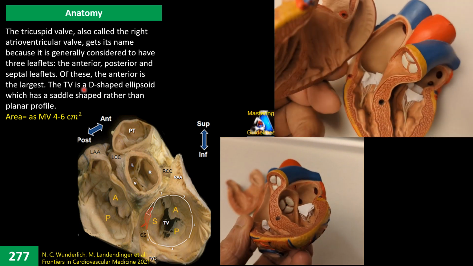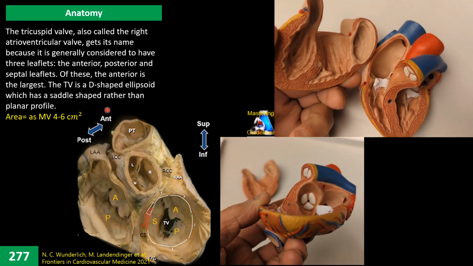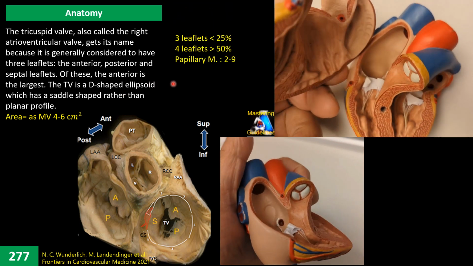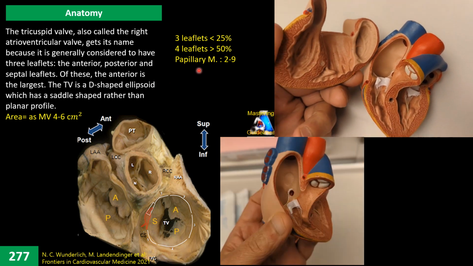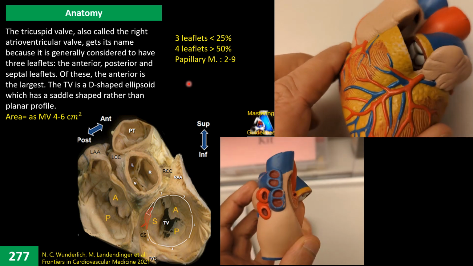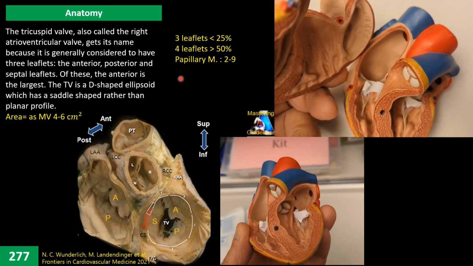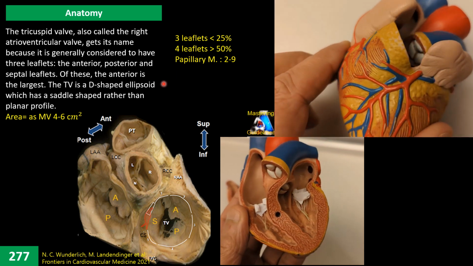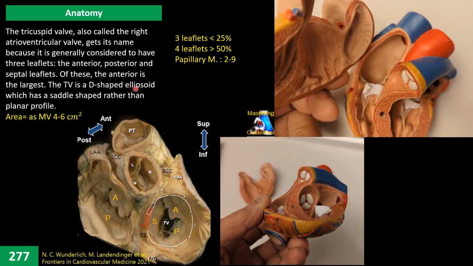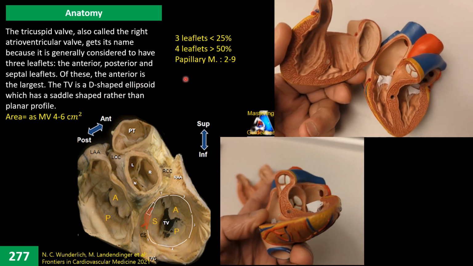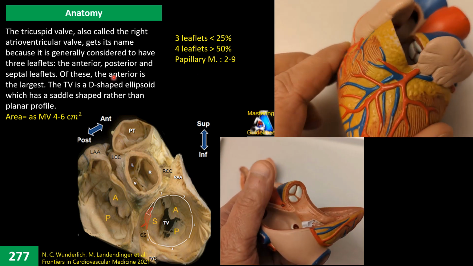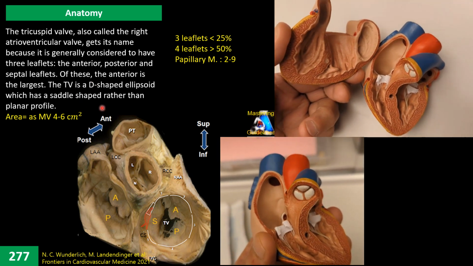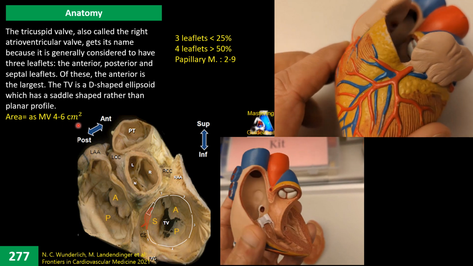As its name suggests, this tricuspid valve, or right atrioventricular valve, has three leaflets, but one study showed that three leaflets have only been seen in 25%, and half of them actually had four leaflets. So four leaflets is more common than three leaflets. Second, for each leaflet there is one papillary muscle, but it can vary, from 2 to 9 papillary muscles. The surface area of the tricuspid valve orifice is almost 4 to 6